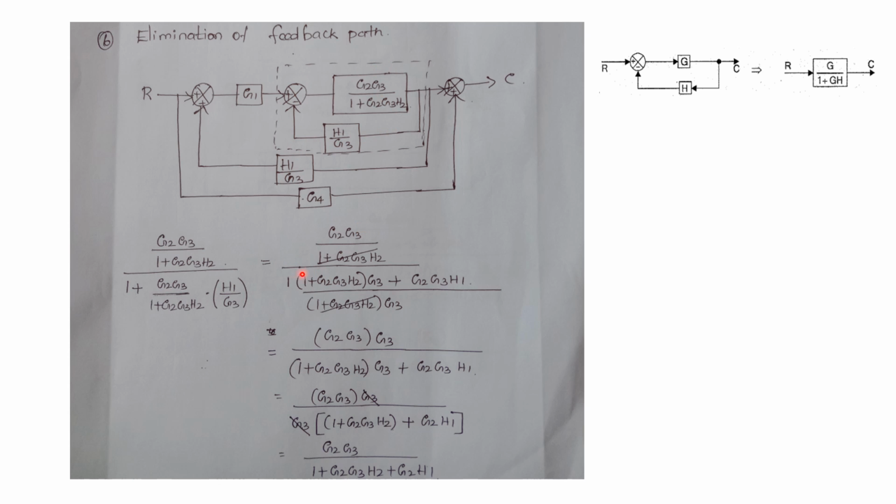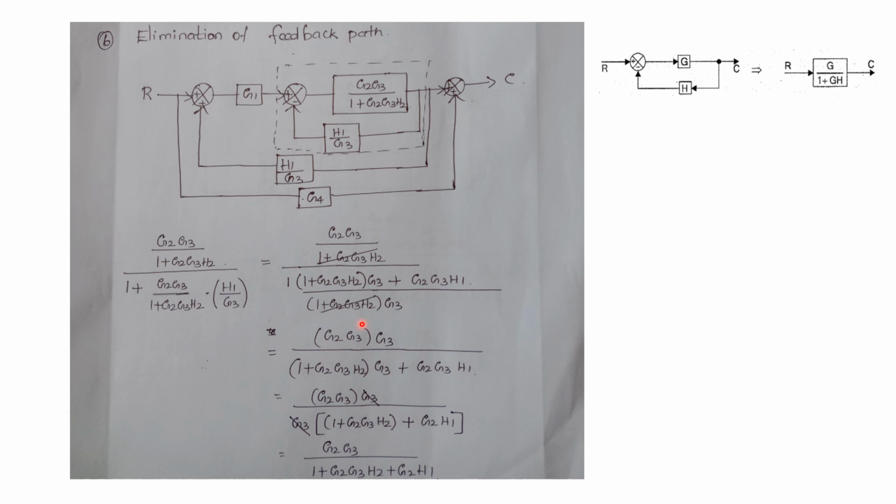Okay. So now in the numerator, no need to take the LCM. In the denominator, here we have 1 plus. So we have to take LCM. You know how to take LCM. LCM is 1 plus G2, G3, H2 into G3. Now we have to multiply this LCM with 1 here and then plus G2, G3, H1. So always by applying the formula for feedback, there is a possibility of cancelling the numerator as well